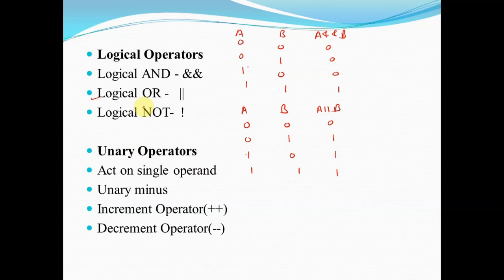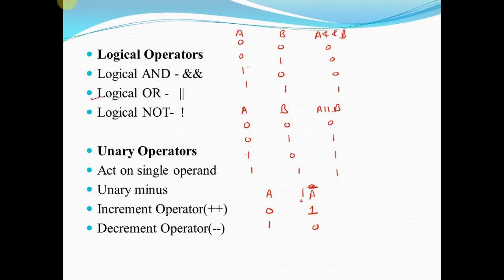So this operator takes a single expression and it will just negate or complement the value of the expression. So if the value of any variable is 1, then the result will be 0, or if the value is 0, it will result in 1. So let's consider, say, a and a bar, or you can write not a. So if a is 0, it will result in 1. If it is 1, it will result in 0.